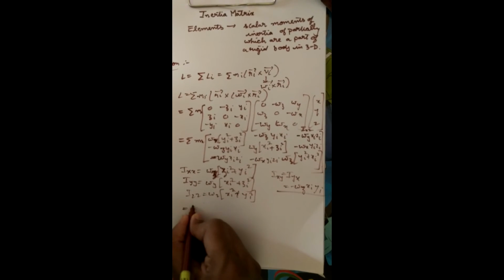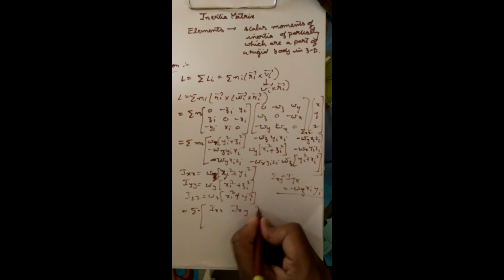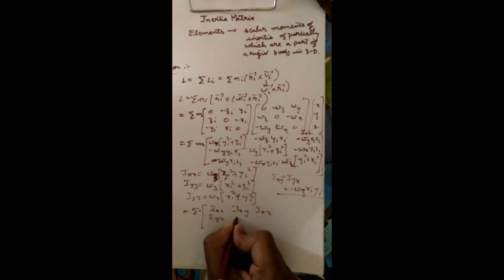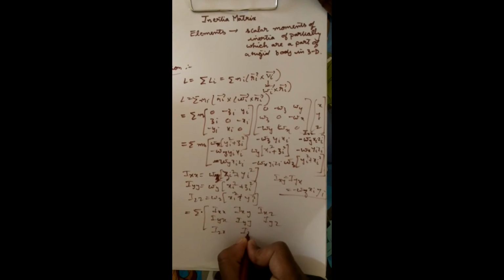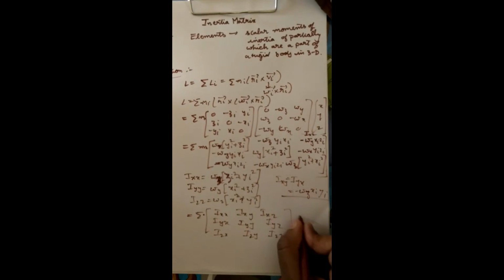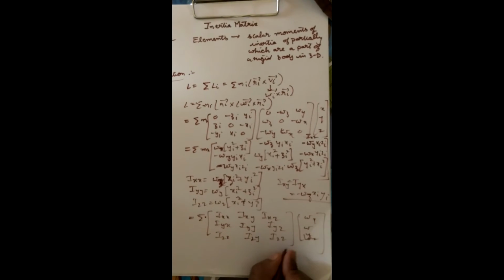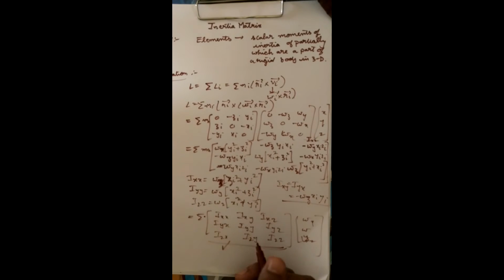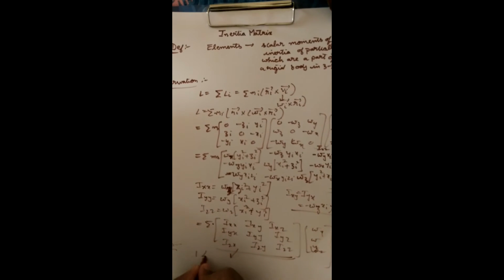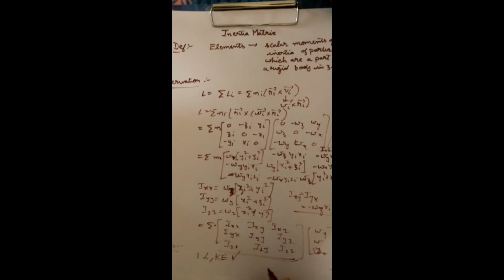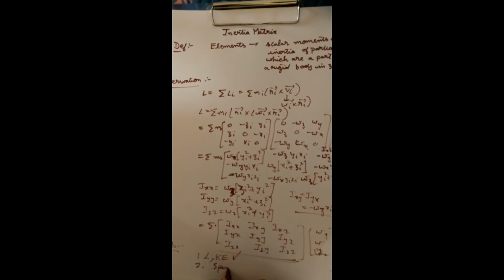So finally, this total momentum can be written in the following way: the matrix ixx, ixy, ixz; iyx, iyy, iyz; izx, izy, izz into omega x, omega y, omega z. This is called the inertia matrix. We'll now see its applications. This is used in angular momentum and also in deriving kinetic energy. It is mainly used in analyzing spinning tops.